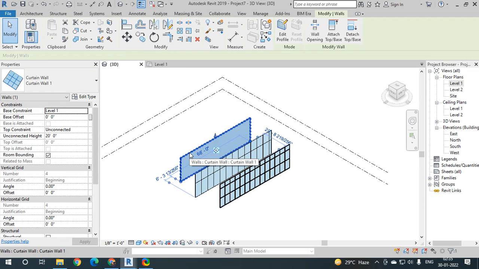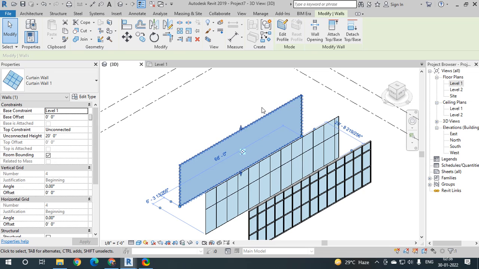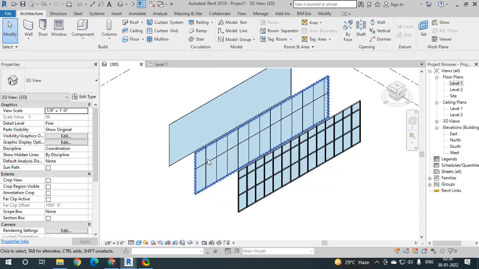See, this first option is curtain wall 1. We can observe here there is no grid or mullion present. This is the most flexible form of the curtain wall. We can place grids and mullions anywhere, at any distance, in any shape as per our project requirement. So the most widely used option of the curtain wall is this curtain wall 1. While working on an architectural project, we will mostly have to use this option only. We will have to manually place the grids and then place the mullions as per our project design.